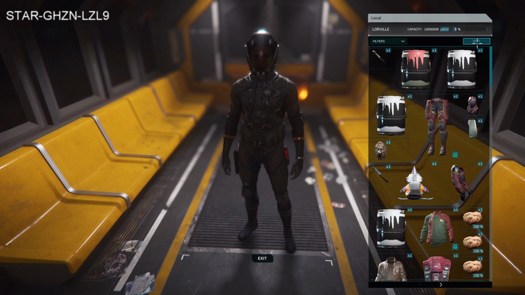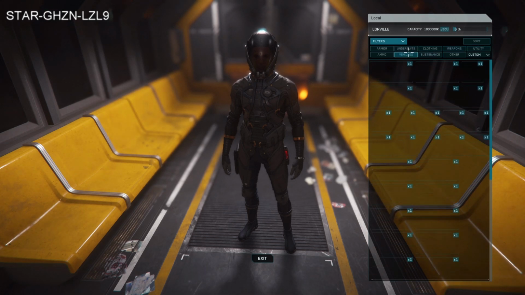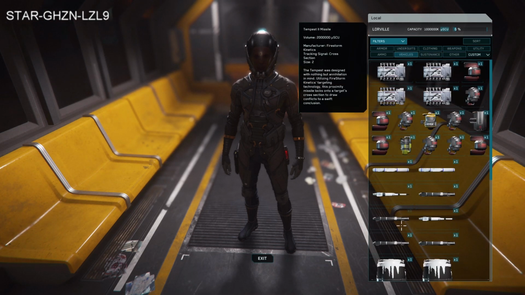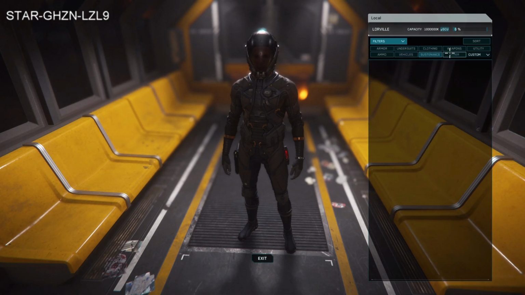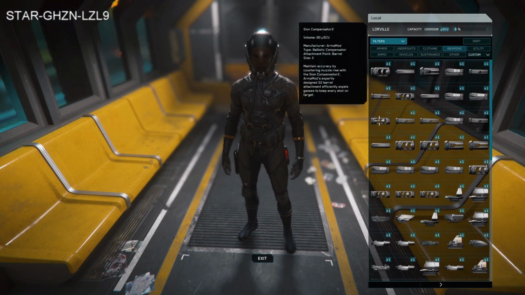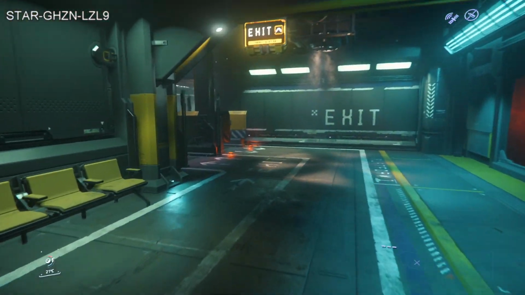You can sort your inventory by filters: things for vehicles, mining, gadgets, paints, all seem to be on there now. Food, weapons, ammo for weapons, weapons parts seem to be in here. Yeah, cool. Alright, I'll show you an interaction